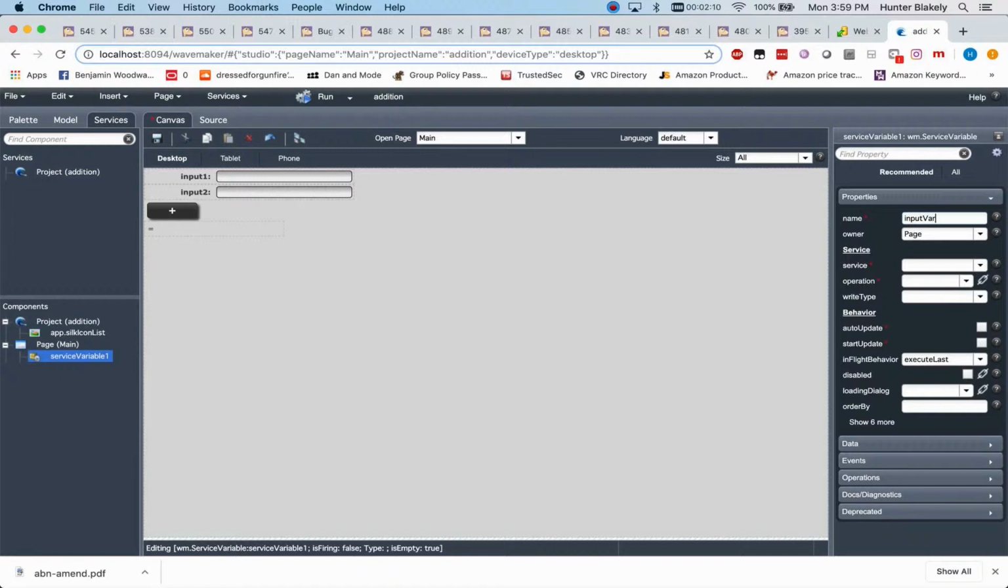Input var, input 1 var. And I'm not sure which one I link it to. If I link with operation here, or if I go to the text box and link it there, but we'll get to that here in a second. I'll just add my other service variables. Input 2 var. Result var,